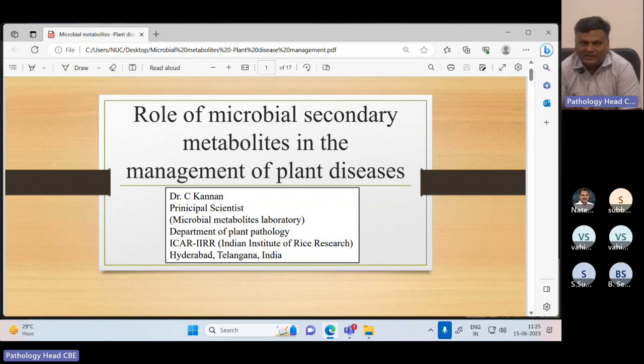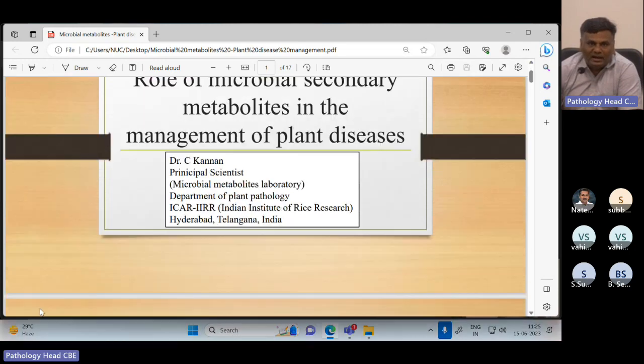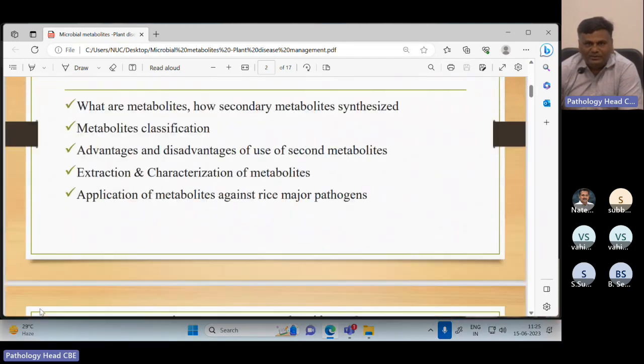And then I started working in rice. But wherever I go, I make it a point that I work on biological control. So after coming to biological control, then when I came to rice research, I happened to have some very good institutes nearby, especially the IICT and the IITs, where we got some of our colleagues who are doing wonderful work in their area, especially the metabolites.